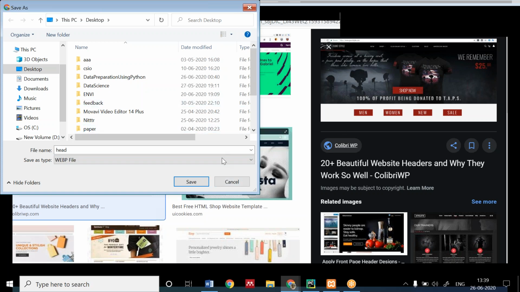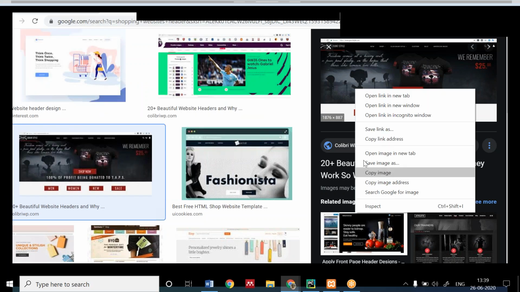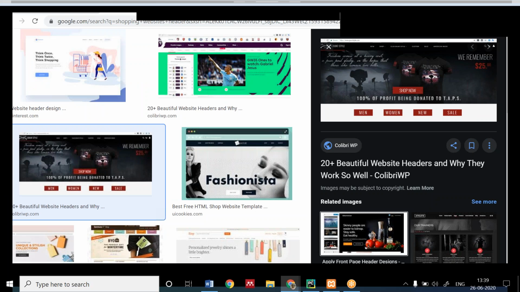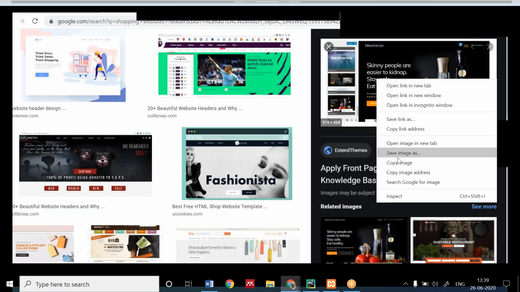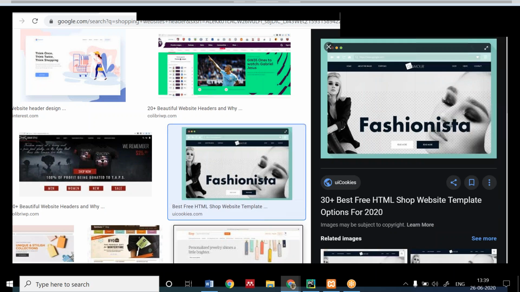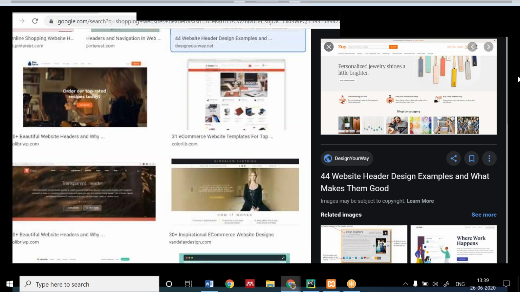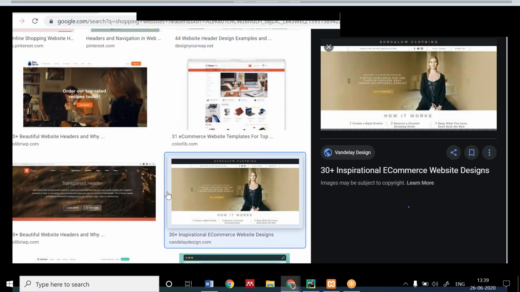It's not a JPG file. Let me get some good image which looks like a header.